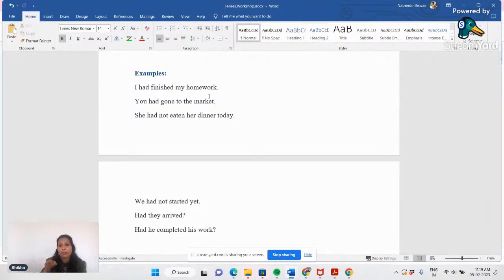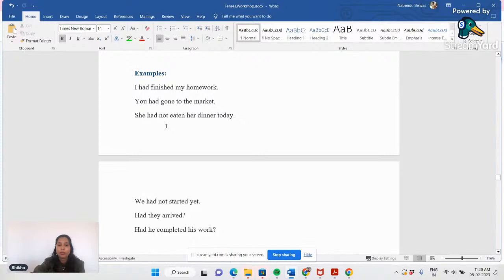In the same way, for come, it is come, came, come. Again, come is the past participle form of the verb. Sometimes people get confused, like for present also we are using come, and for perfect tenses also we are using come, because you get confused when you don't know the forms of the verbs. You are not clear, you have not memorized, but once you have memorized the verbs, you will not get confused about it. In the same way, you had gone to the market.